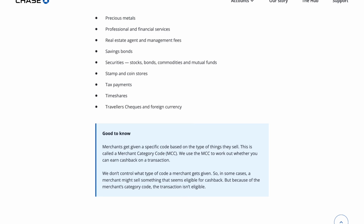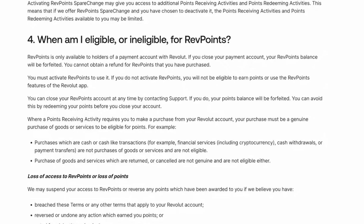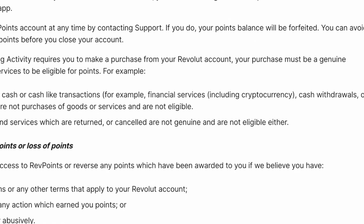For instance, one use case that comes to mind is paying your tax bill with HMRC, which they allow you to use a debit card but not a credit card. And Chase, for example, explicitly excludes tax payments from the terms and conditions of their cashback. With Revolut, though, it's not so clear-cut. I don't see a clear no, but their terms and conditions do mention financial services, and I'm not sure whether or not tax payments goes into the financial services bucket or not,